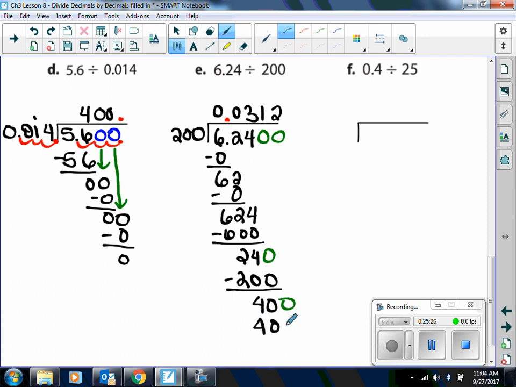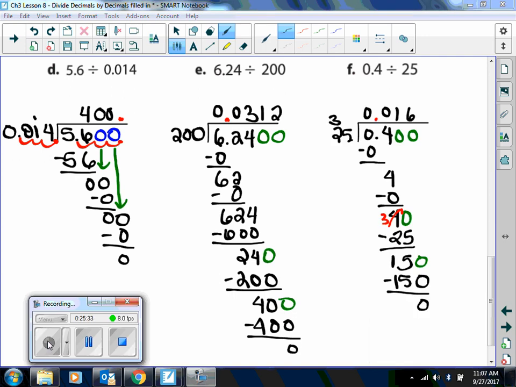And now we have a 0 remainder. So here is your answer. All right. And again, if you would like to draw the arrows, you can draw the arrows. I will add those in for the notes. Okay. So we end up with